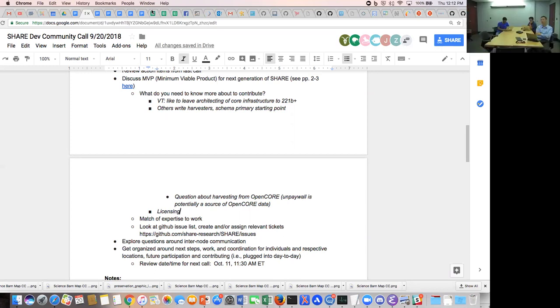But in terms of sharing, it'll be up to the nodes themselves to make the call of whether they want to share that freely or not. And I think that's going to be the part where we'll need to do a little bit of education, but we'll allow for that in the framework for sure.